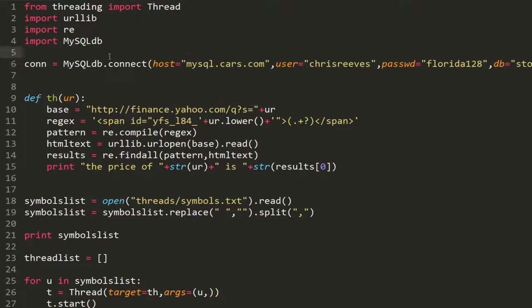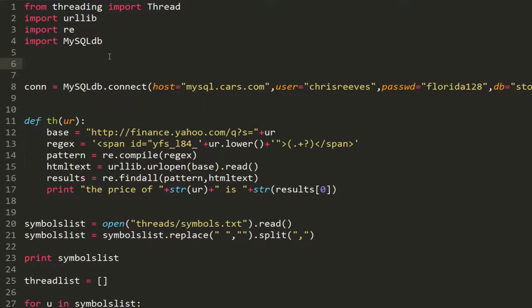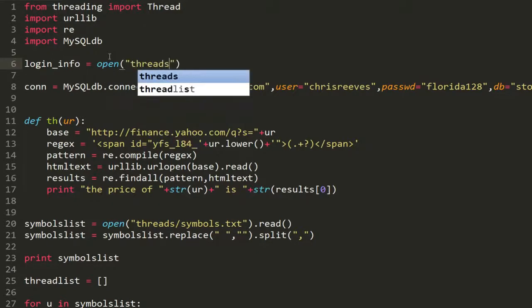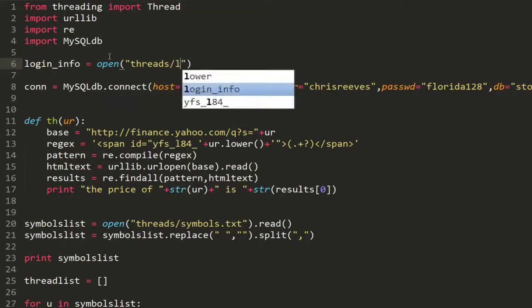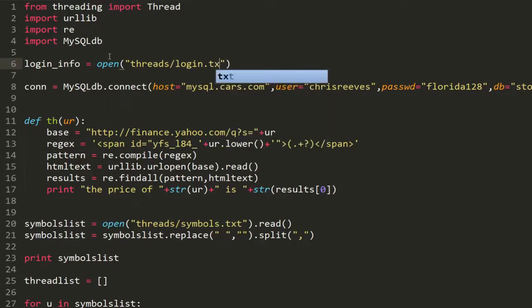So what we need to do is open that file. I'll say login info equals open threads/login.txt .read,